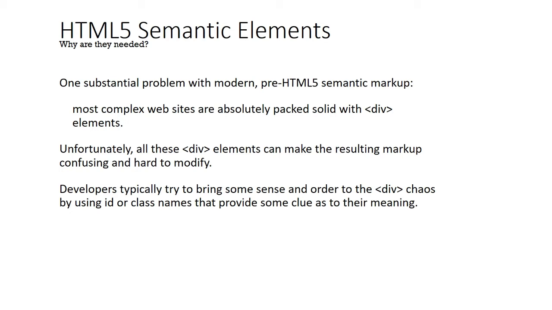So what happened in those cases: in complex websites, in one web page, they used div elements multiple times. In that case, managing that web page or modifying it was a little bit hard and confusing for developers. So for that purpose, in HTML semantic elements, in place of the division, multiple options are there, and with the help of those elements in HTML5, they reduce the complexity of modification and some other parts of the work.